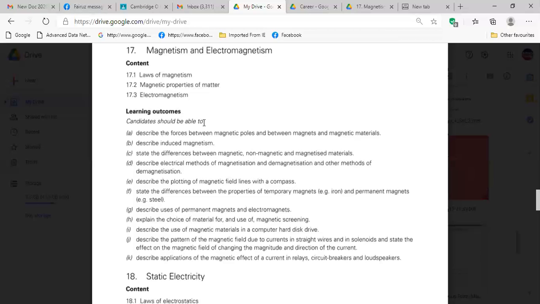And this process is called induced magnetism, and the material is called an induced magnet.